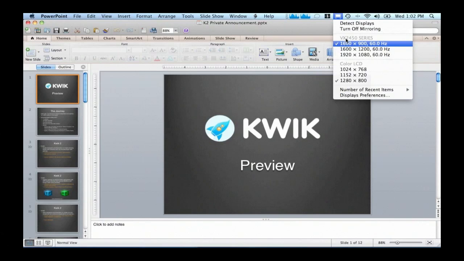So it's going to be much easier for you, before asking for support in the forums or directly to me, to figure out what's happening with your project. And I really think it's a nice addition to Kwik 2. So this is a project. Let me quickly close here and show you the interface and things that have changed.